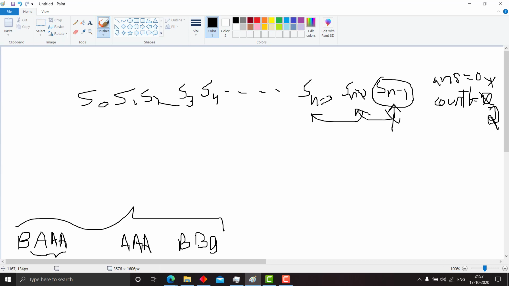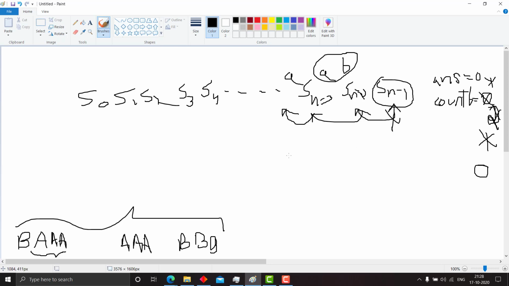Now suppose this is a. Somewhere we will reach an a. If this is a, we can easily combine this with the next b, and we can decrement count b and make it 1 again, and now move ahead. In this way, suppose there is an a again, then we combine that a with this b because we have removed this part, and then count b becomes 0.